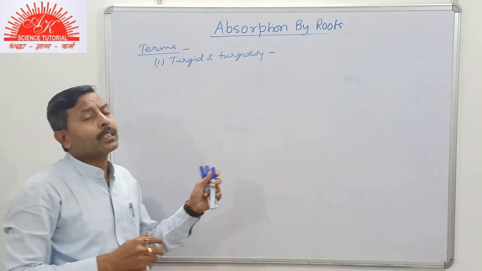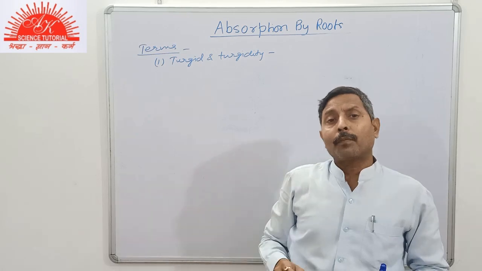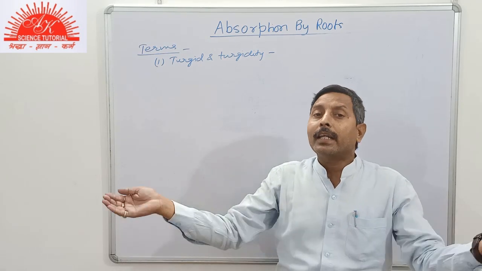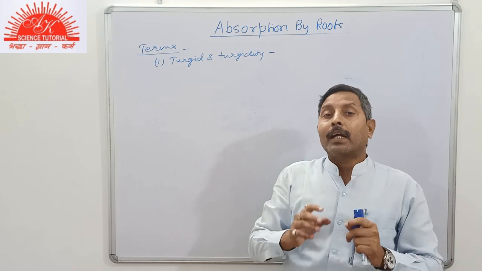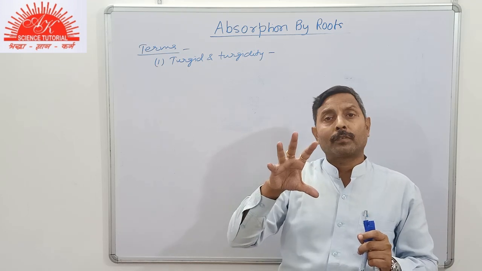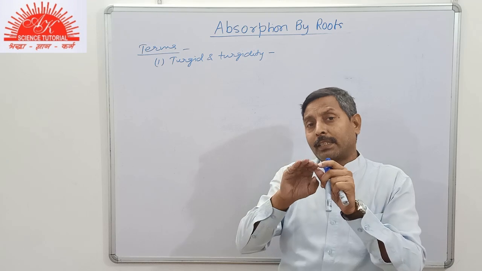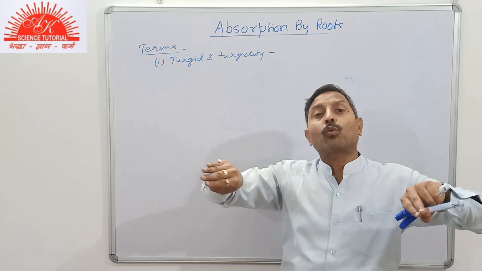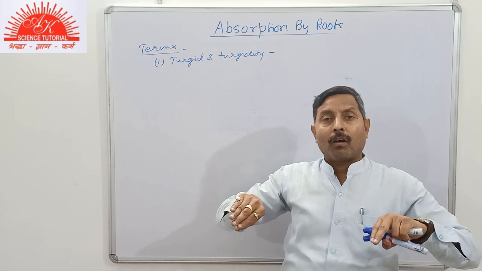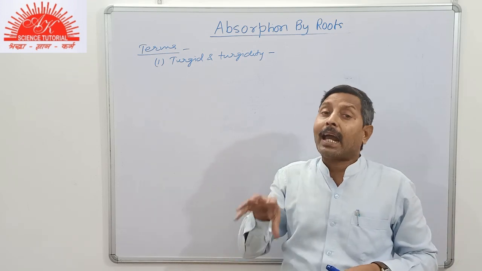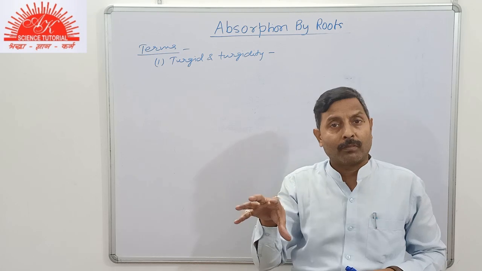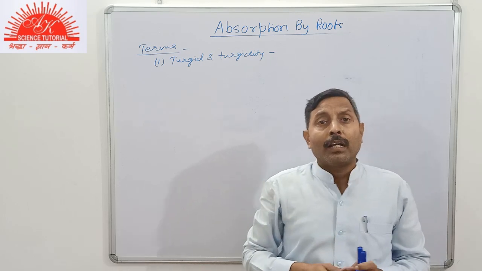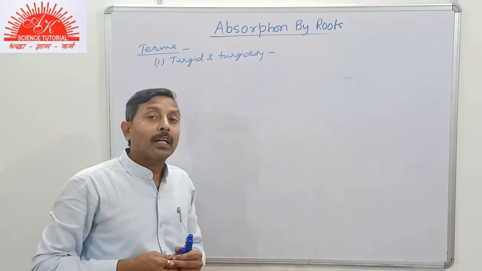Now, students, what is turgid here? Suppose a cell is placed in a hypotonic solution, then endosmosis will start. Gradually, the cell will swell up. The fluid, or the cell sap, inside the cell will exert outward pressure on its wall. As a result, it becomes firm. It will not be able to hold more water. Then the cell is said to be turgid.